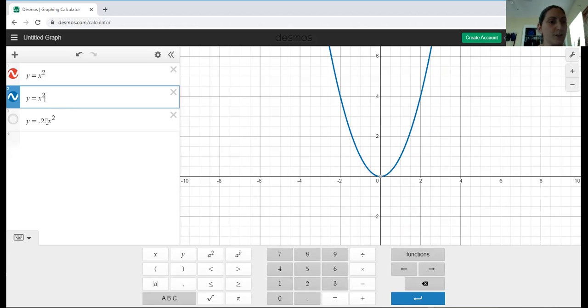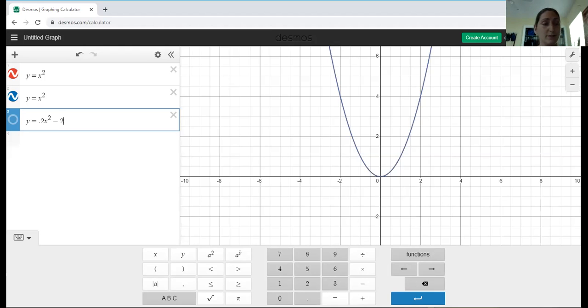But let's make a prediction. Let's say I make this 1/5 x, y is equal to 1/5 x squared minus 4. Now, you know what, I'm going to do -2. What's going to happen? We want to make a prediction. So we see, okay, that is a number that is between 1 and -1 on the number line, right? It's a fraction less than 1, and so we know that it's going to get wider and flatter because it's going to be closer to 0. So we know that the parabola is going to open up, and we know -2 that it's going to shift